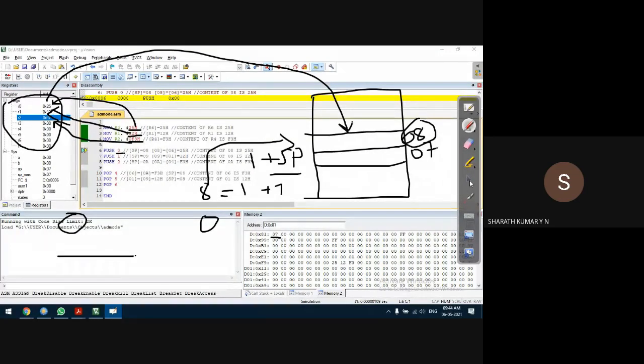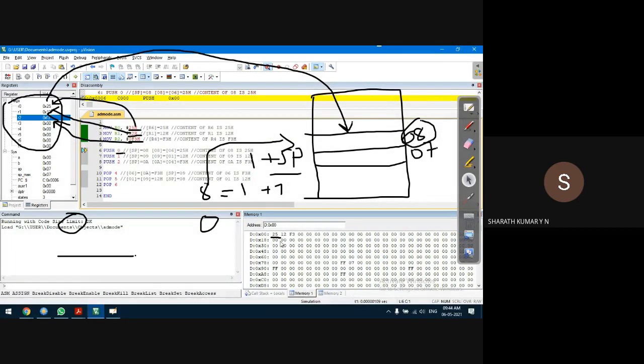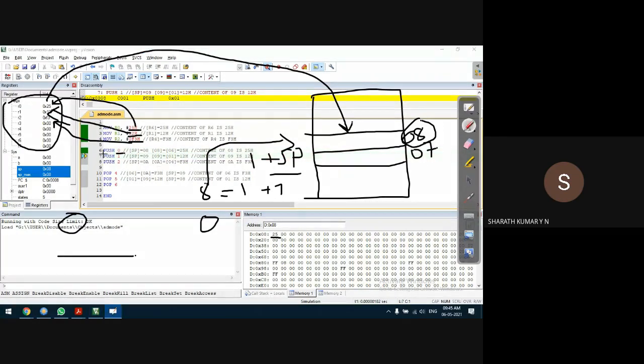25H will be copied into location 08H. That's why in this memory window, I'll take the location as 08, so that we can understand the transfer of the first byte of data. Let us come back to the program. I'll press F11, that is step execution. Did you observe this? The first push instruction is executed. Push 0 means the content of register R0, which is 25H. It is copied into location 08H, which you can observe here also.